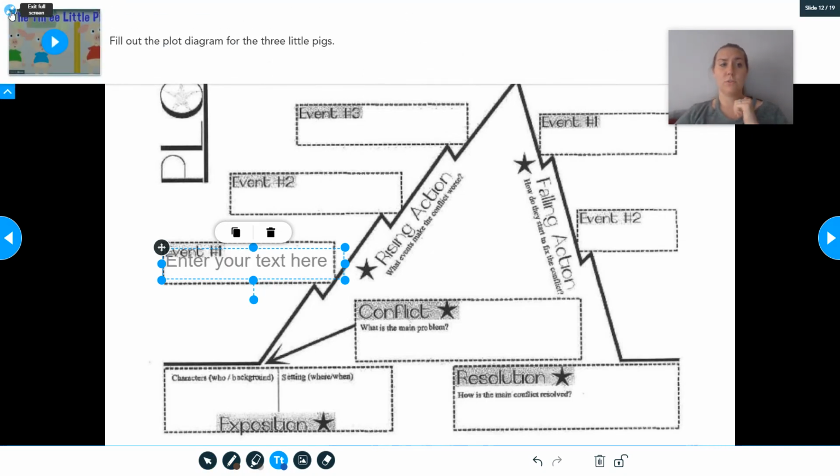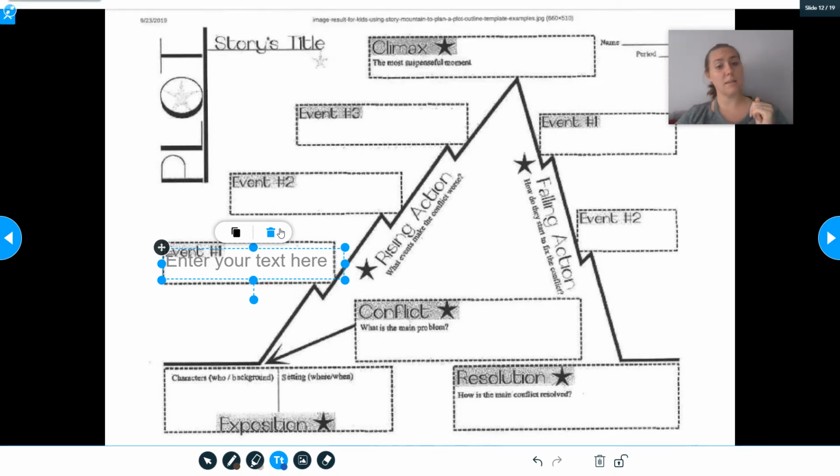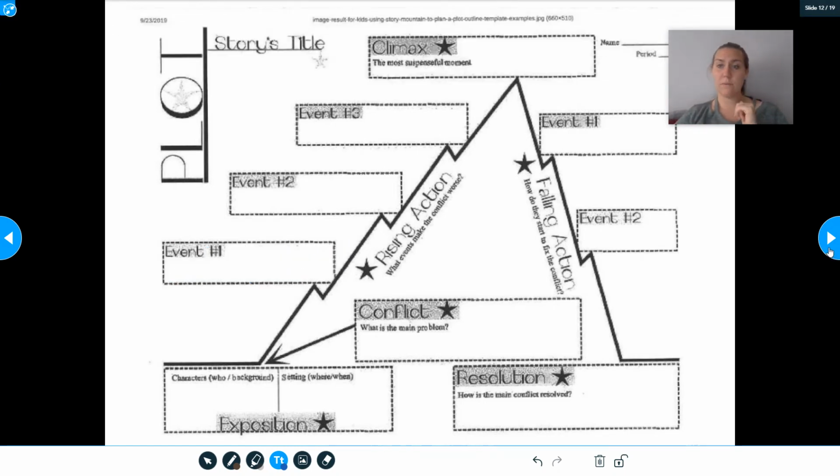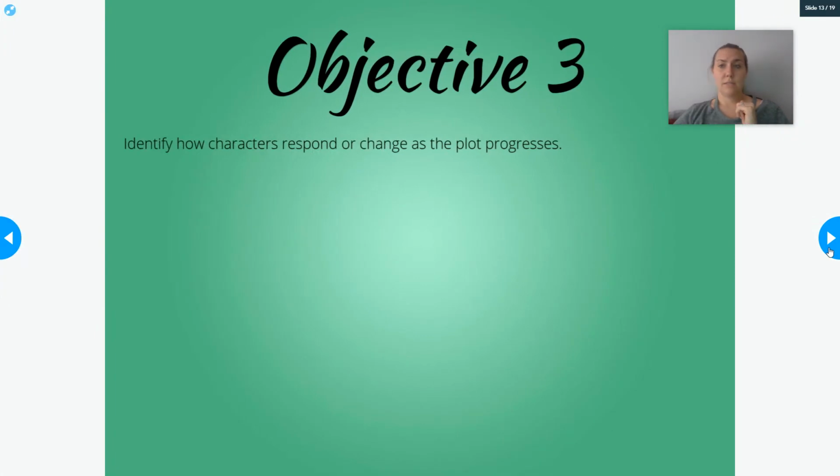Any of the following things would be able to help you to fill out your plot mountain. You just have to pull down this guy to continue to go back to the story if ever you need to go back and forth between those two. So this is really that fun interactive piece so that you can do this in this way as well. We also have our paper copies in class if you would like that as well. Right, so that was kind of your assessment piece at the end of Objective 2, and now we're moving into